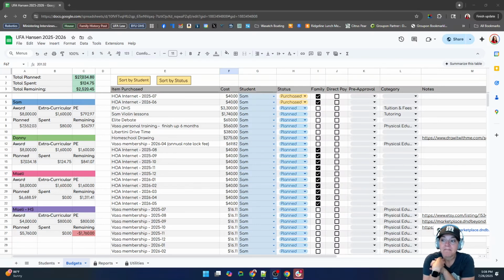So it's now just one project, and it should be able to serve students, whether you're using UFA, whether you're a homeschooling student or a private school student. If you're using Open Ed, it should work regardless of which state you're in now. And also, I think it should work for Harmony students as well, although I haven't tested that. And it could probably help other people too. Anyone's welcome to use it. If it works for you, that's great. I just hope that this is a useful resource for people